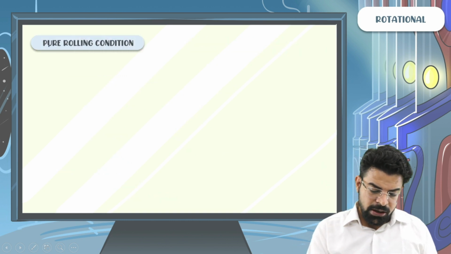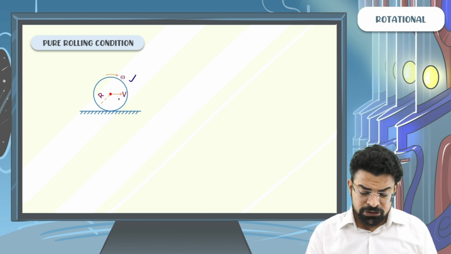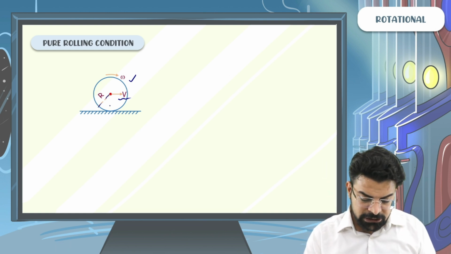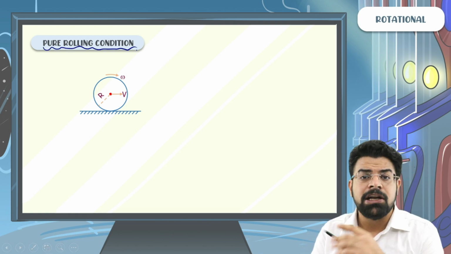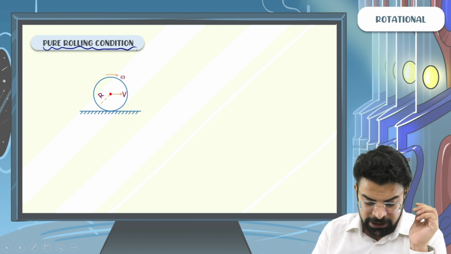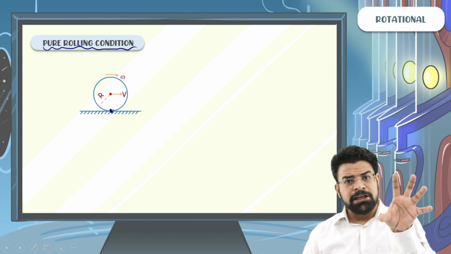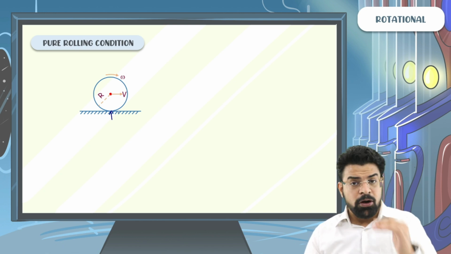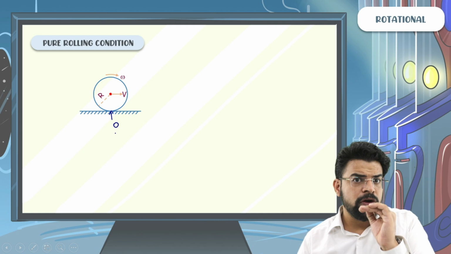So let's say we have this circular object, can be a ring, disc, solid sphere, hollow sphere, anything, which has a translational velocity v, a rotational velocity omega, and a radius r. What is the meaning of pure rolling condition? It means no relative motion at the point of contact. Now, since this body is moving on a fixed surface, at the point of contact, the velocity of this fixed surface is zero. This means that even the velocity of this rolling object at the point of contact should be